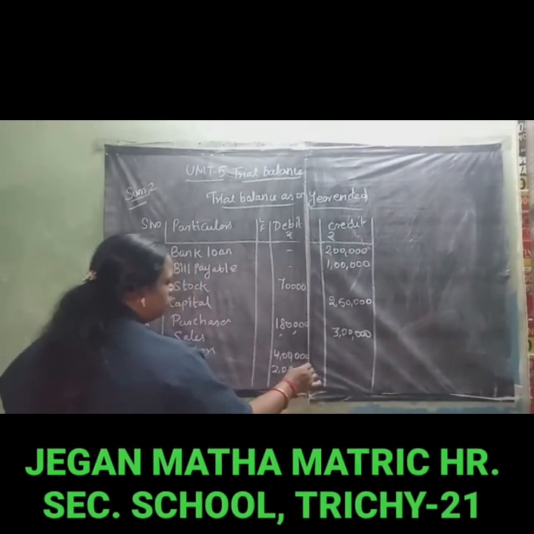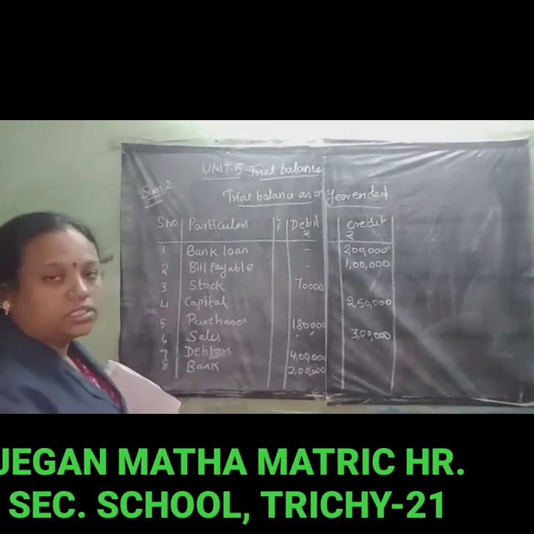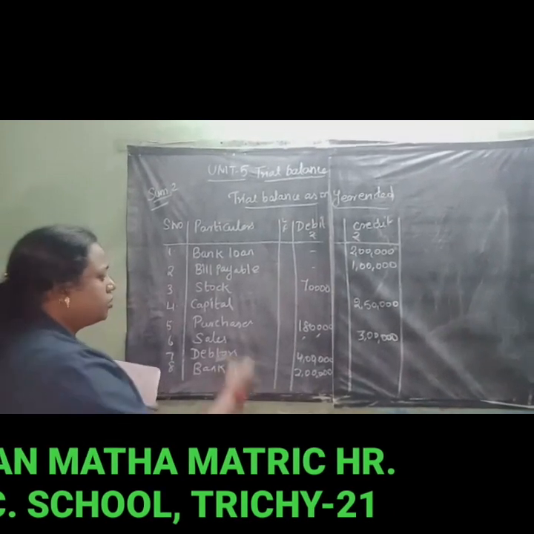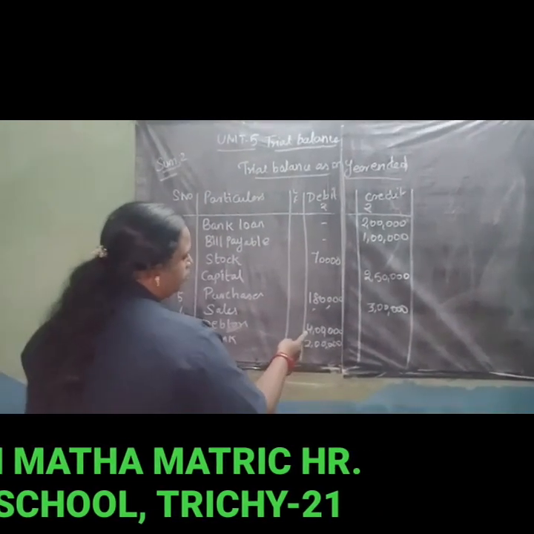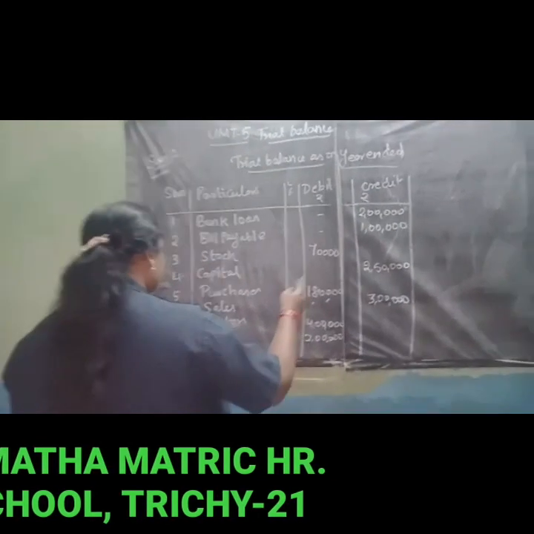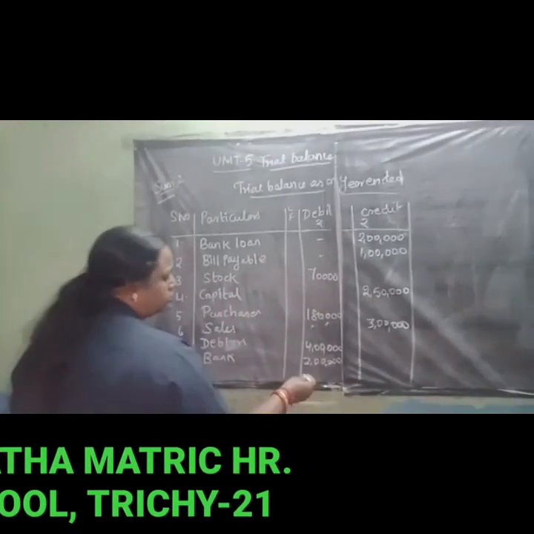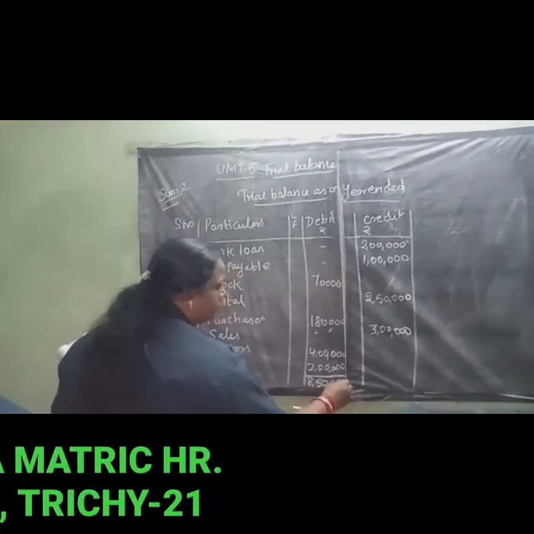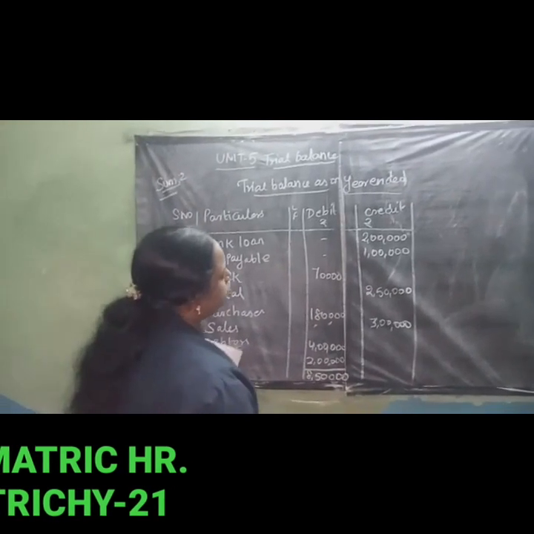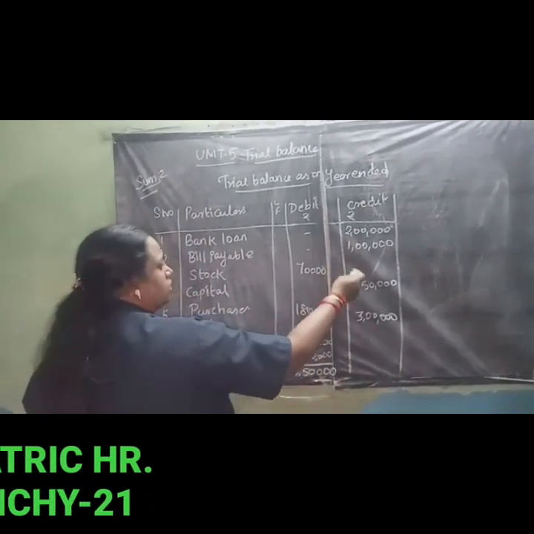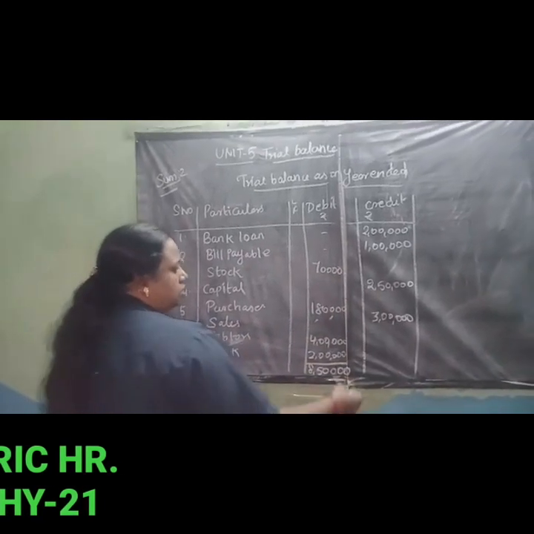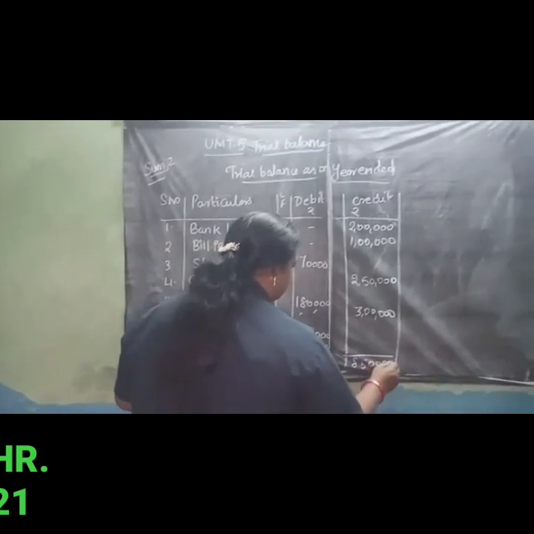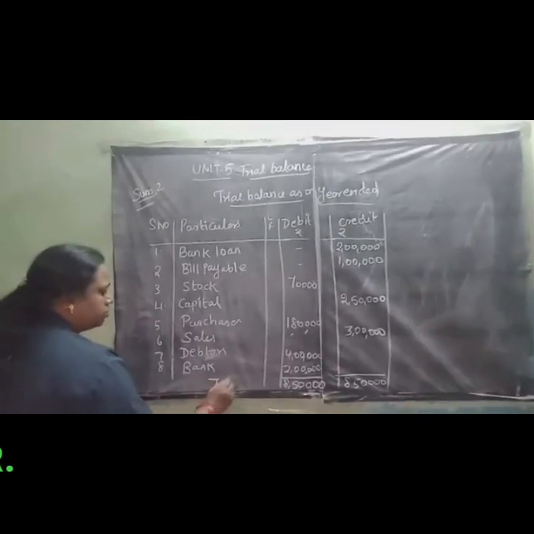So all the items are recorded. So you have to add the debit column and the credit column. Both columns must be equal. So first debit column answer. 2 lakh plus 4 lakh, 6 lakh, 7,80,000. 7,80,000 plus 70,000, 8,50,000. So debit side 8,50,000. The same also comes to the credit side. 2 lakh plus 1, 3 lakh, 5,50,000. Then plus 30,000, 8,50,000. So this is the answer total.